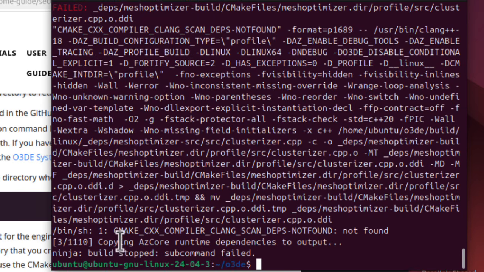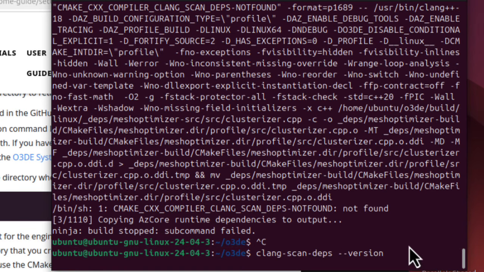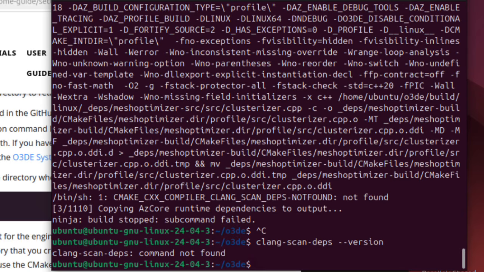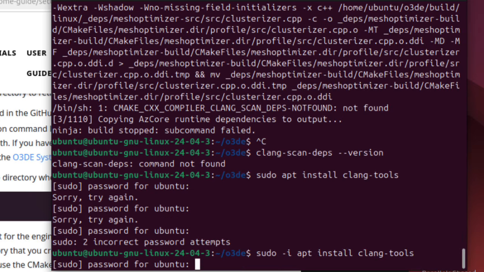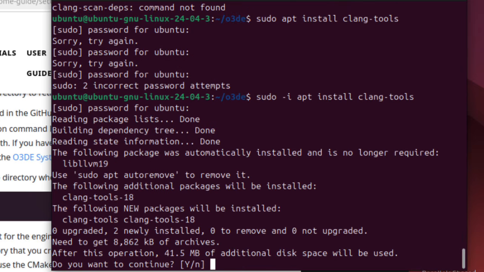Copying as core runtime dependencies to output. Okay, let's see if clang-scan-deps is installed. No. Let's try installing clang-tools. Oh wait, does it want that -i thing? Let's try the -i thing. There we go.